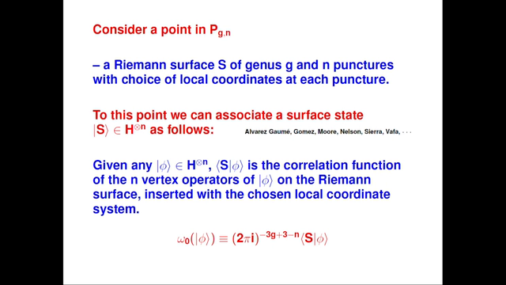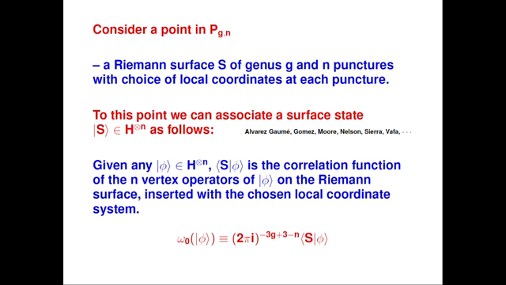So, I will specify the inner product of S with an arbitrary state phi in this tensor product. And here is the definition. The inner product is by definition the correlation function of n vertex operators that are encoded in phi. Let us recall that phi is the tensor product of n states, so there are n vertex operators that are encoded by phi. So, you compute the correlation function of these n vertex operators on the Riemann surface S,